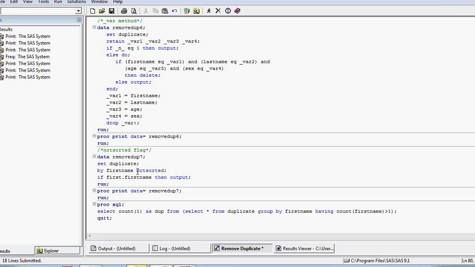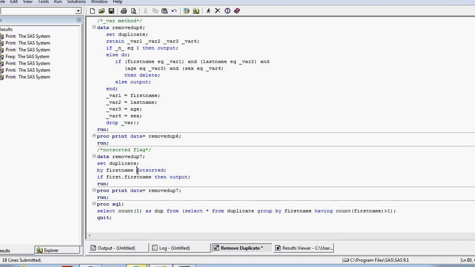In reality it's not going to sort that, it's just going to take the records in the order which we give, but it would set the flag that it's sorted. So without sorting you can use this technique, but you just have to mention this word not sorted.